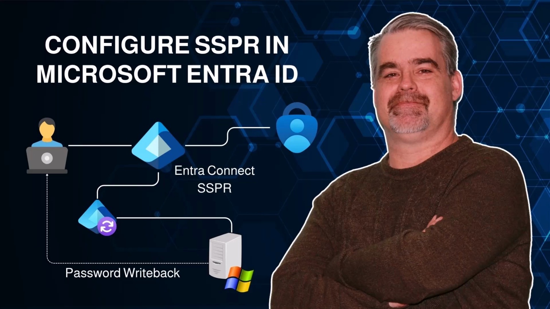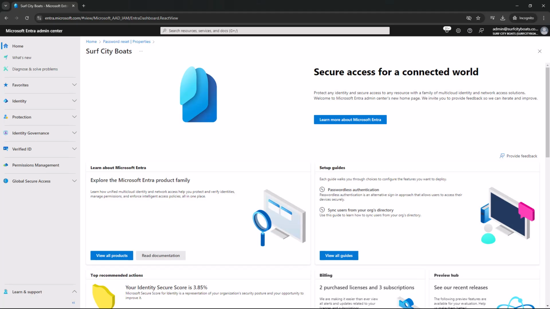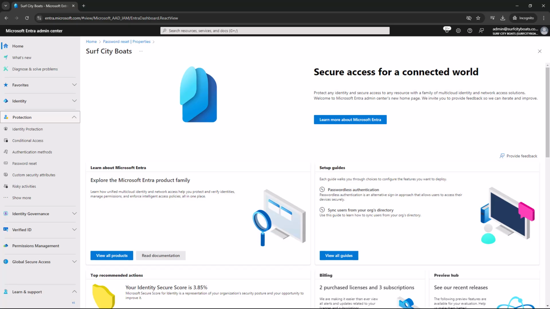In this upcoming lab, you're going to be configuring self-service password reset in Microsoft Entra ID. However, before handing things over to you, let's quickly walk through the steps you'll take when it's your turn. You'll begin the lab in the Microsoft Entra Admin Center, where you'll click on the protection dropdown in the left